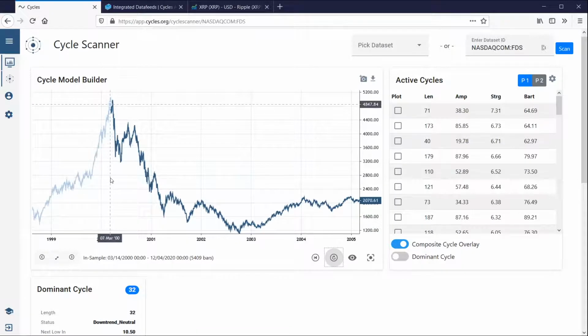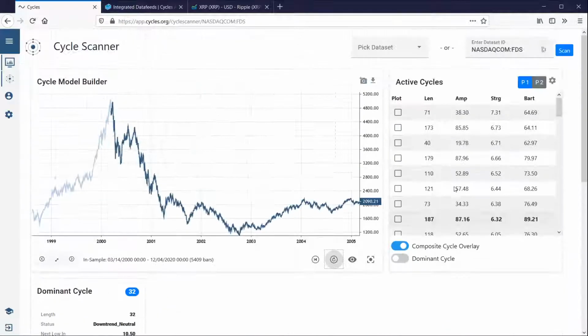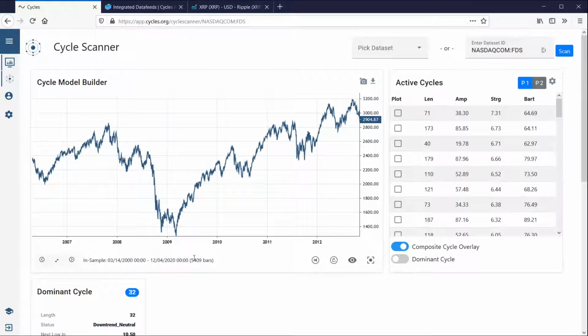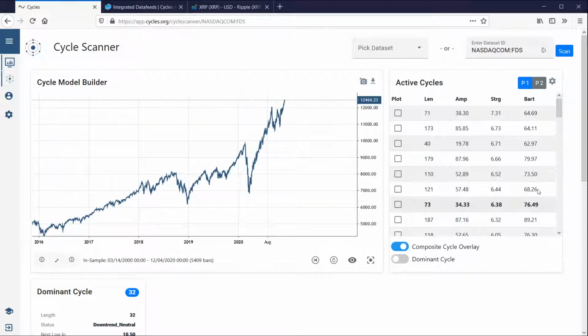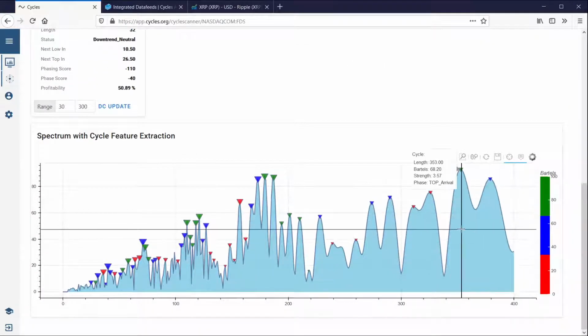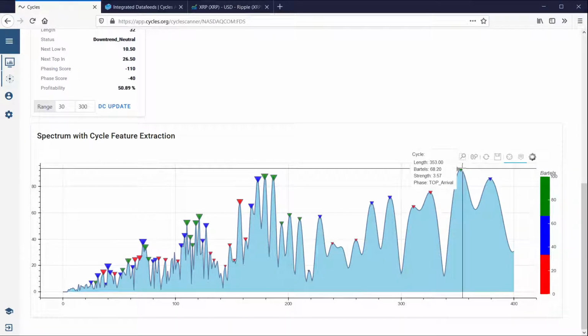Okay, and you can see by the light blue data that this is now not included in the analysis. So now we use the cycle scanner here to analyze 5,000 bars of data, which is maybe anyhow too long. Maybe we should use the weekly data set. But at least it's an interesting point to start. So this is why we see this crazy picture here, if we analyze 20 years of data and a data set with over 5,000 data points in our processing. So at least I can show you how to deal with this kind of information.